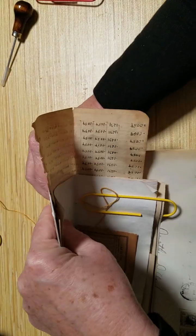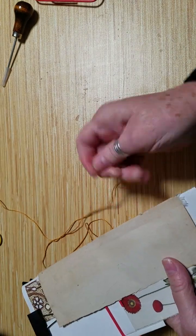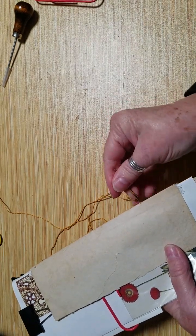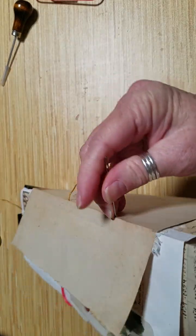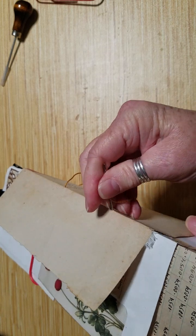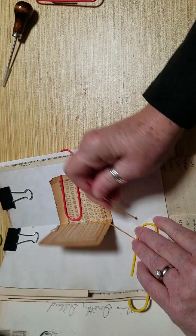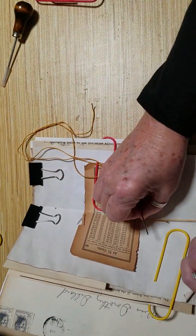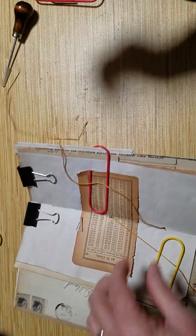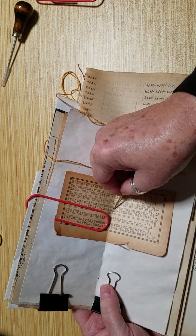So again, I'm going to try to fold it. Sometimes if you go ahead and fold it back again, it's a little easier. It usually is very easy when you're just doing a book, but because I have so many different things going with this envelope book, this envelope journal, it's a little tricky. Now what I'm going to do is go back down into the center hole,